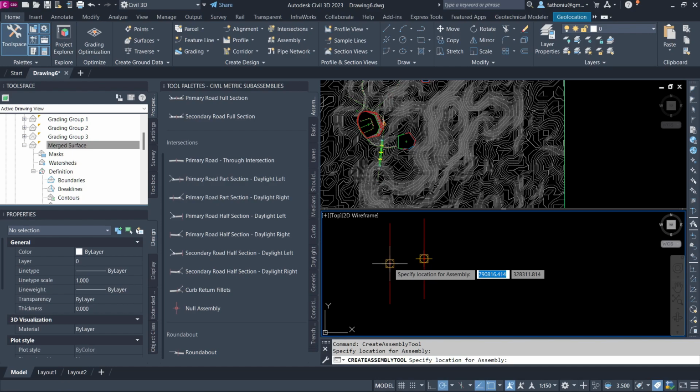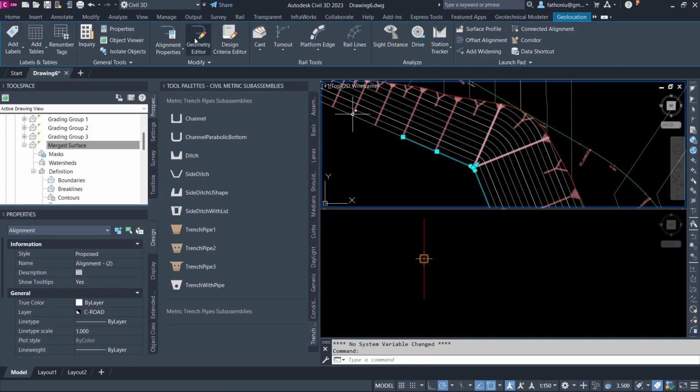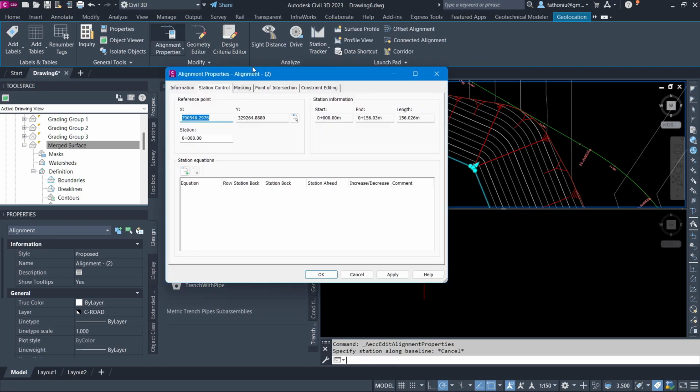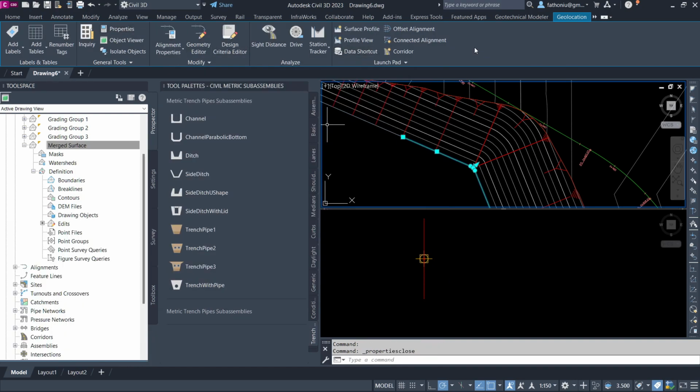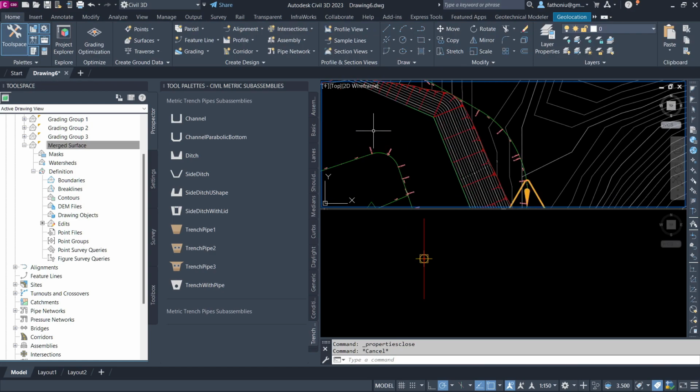So then here, skip to the end of the selection, and then I will create the range. Since station 0 is at this point, let me go through the alignment properties. Remember that station 0 is at this point, so it's moving in this direction, which means the left side requires the daylight, because the direction of this alignment is from this point to that.